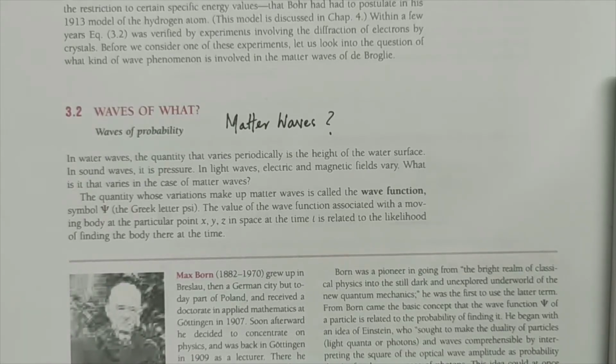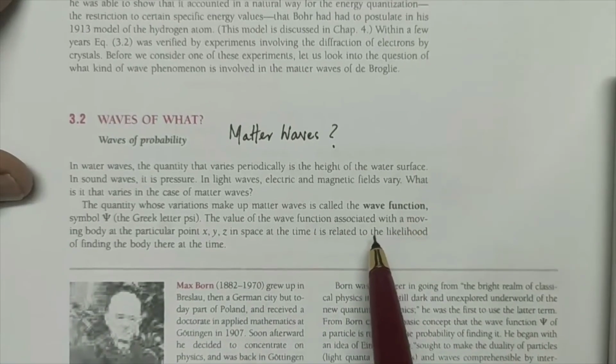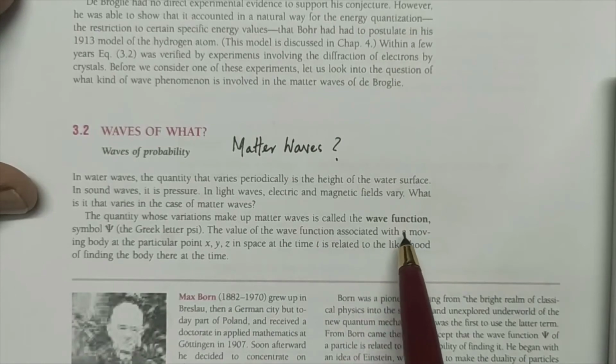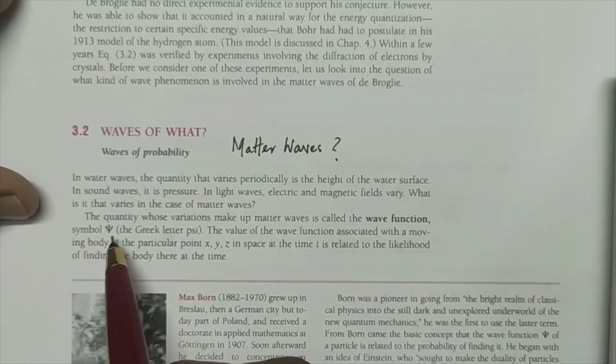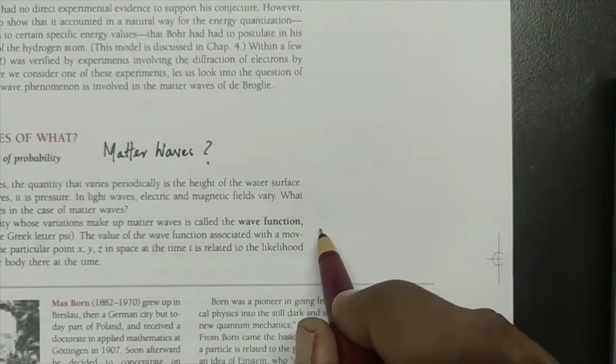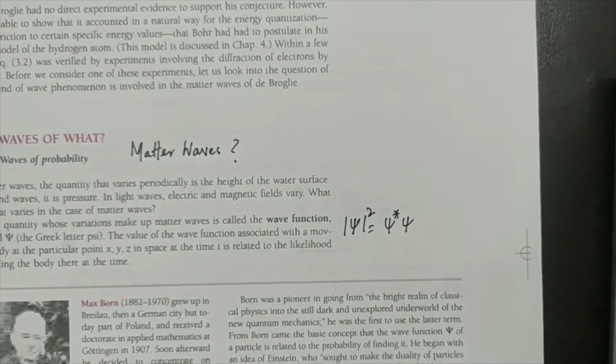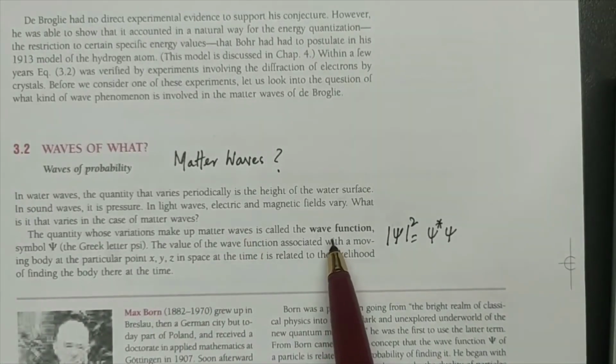So what is it? Because in all these waves there is a certainty. But when we talk about the matter wave, there is uncertainty about its behavior as a particle or as a wave. The quantity whose variation makes up the matter wave is called the wave function, which you already know from a little understanding of quantum mechanics, and which is represented as psi. We can only say something about the probability, psi mod square, which is psi star psi. So the matter wave is the quantum mechanical wave function,